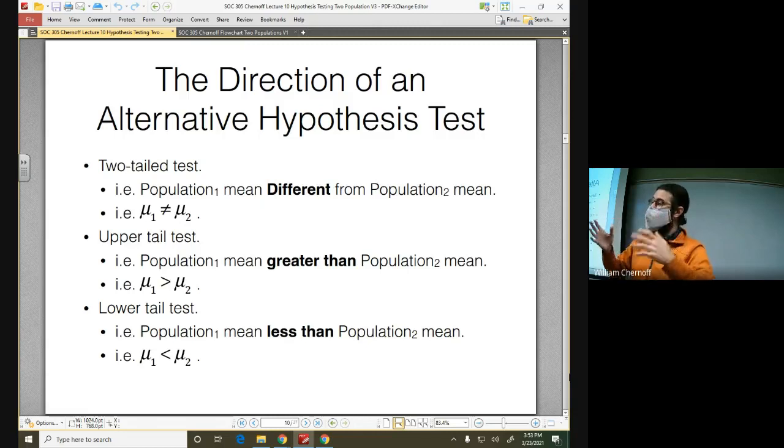You're just going to be talking about population means for one group and how they compare to the population mean for the other group. So, for a dichotomous variable, such as white and non-white, how would you definitively choose which one is population 1 and which one is population 2, for the purpose of choosing an upper or lower tail test?